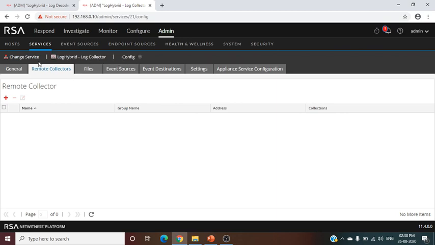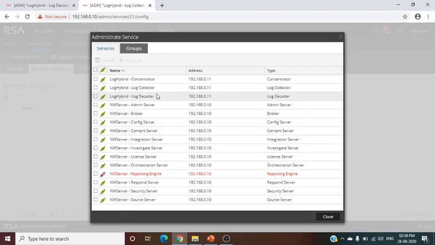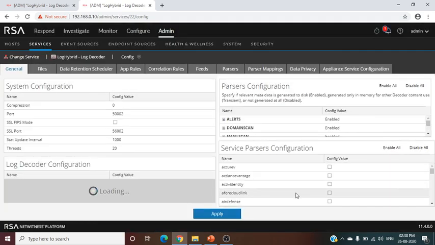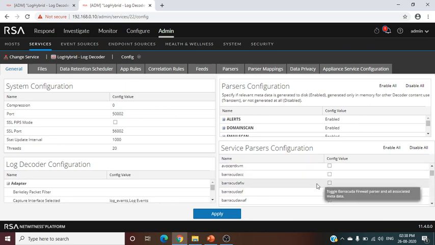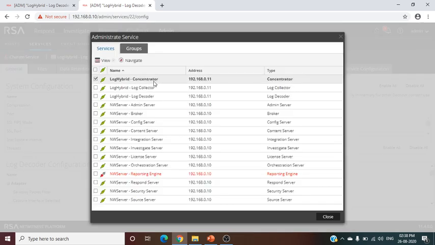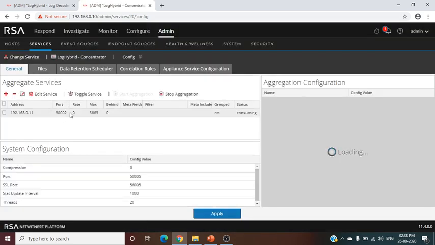Now we have seen the decoder configuration. We have configured the decoder and enabled some parsers. How to enable a parser? Simply click on it and click on apply. Similarly the concentrator: we have added the decoder in the concentrator.